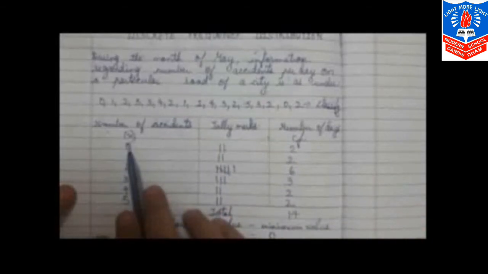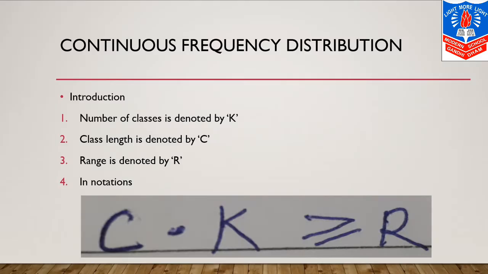And one thing more, the definition of frequency. A numeric value showing the repetition of value of an observation is called frequency. Yes, this is a numeric value and it is showing the repetition of the value of observations. Students, I hope I am clear to you with the topic. I will continue now with continuous frequency distribution.